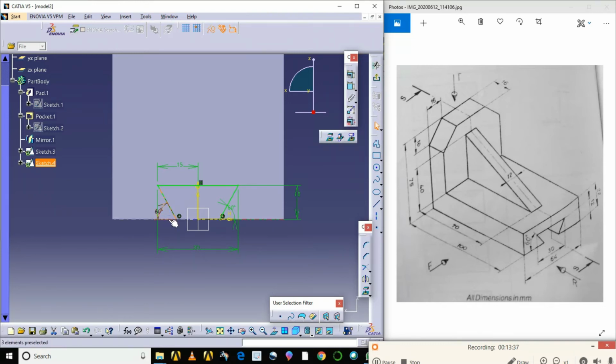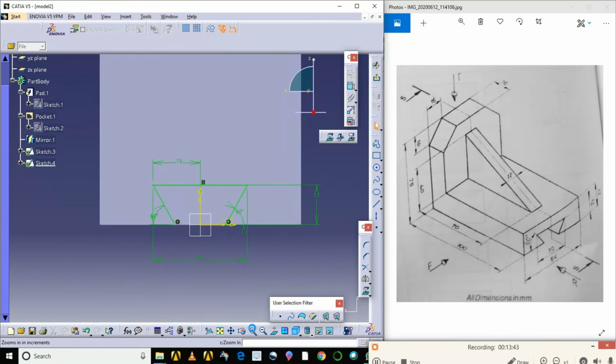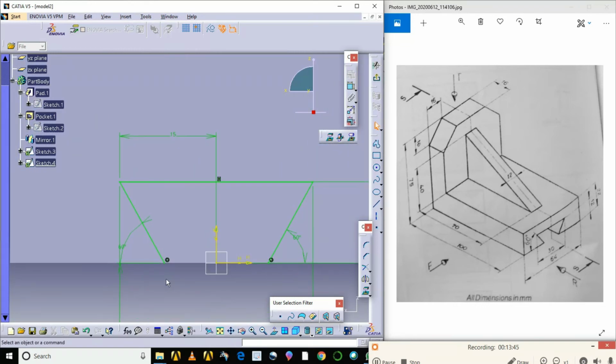Now one more command I need to give. Let me check whether this font is exactly sitting on this line or not. I'll check once again. I'll click this and this line.